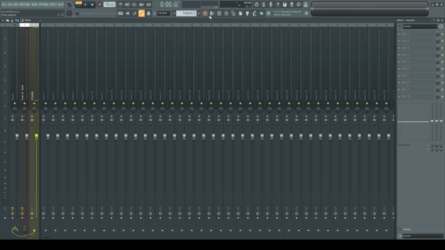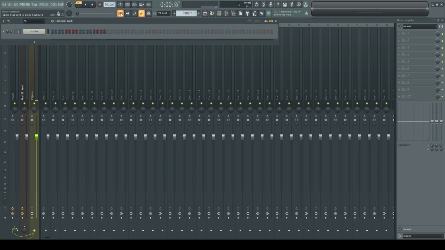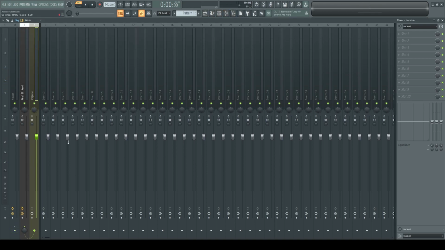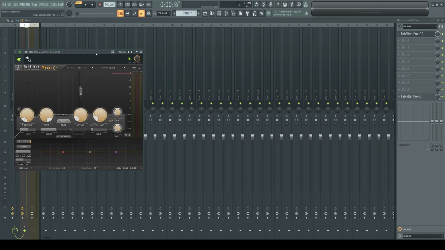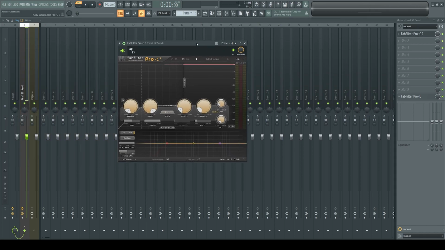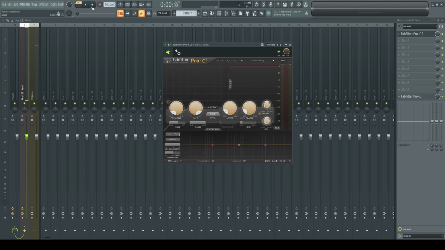If you do want to hear it, here's what it sounds like. Just a really short little blip. It doesn't really matter the tone of what it sounds like. It only matters what the length of it is. So I mean, I could have that set to a square wave and it does the exact same thing. Really all that is doing is when I play that, it acts as a trigger for sidechain